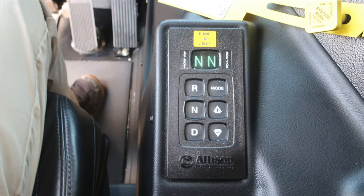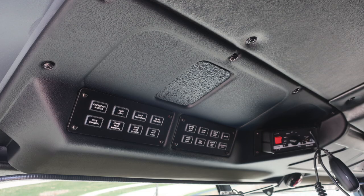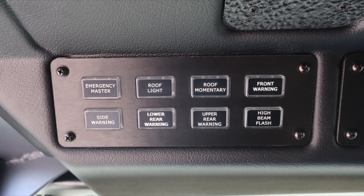Moving now, you'll find your Allison transmission pad, push button, digital readout, informational note to pump in drive. Also some cup holders located here on the right location of the driver's seat. And then overhead, we have a few switch panels located here. Let's start first on the upper left-hand switch panel, which is your emergency warning lights. We have an emergency master, roof light, roof momentary, front warning, side warning, lower rear warning, upper rear warning, and